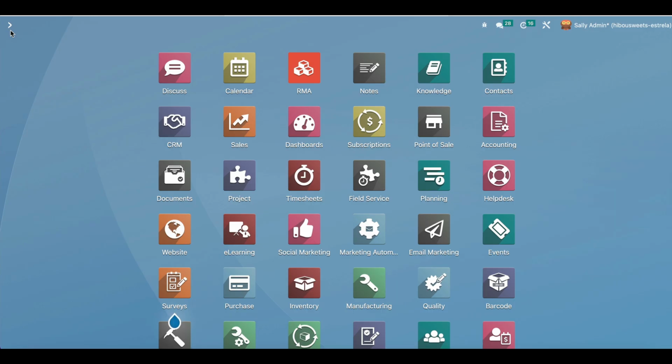And that's it. With the Odoo CRM module, you can easily track and manage your sales leads and improve your sales